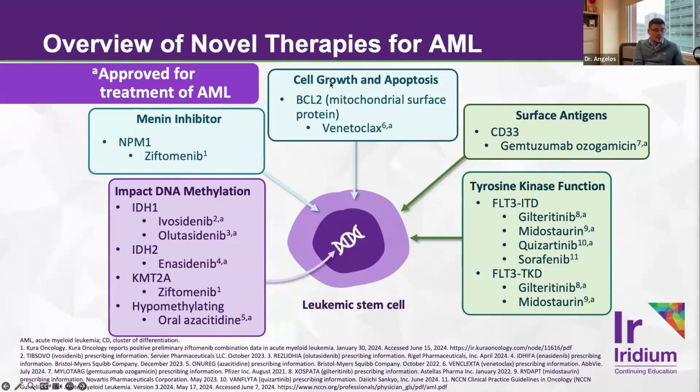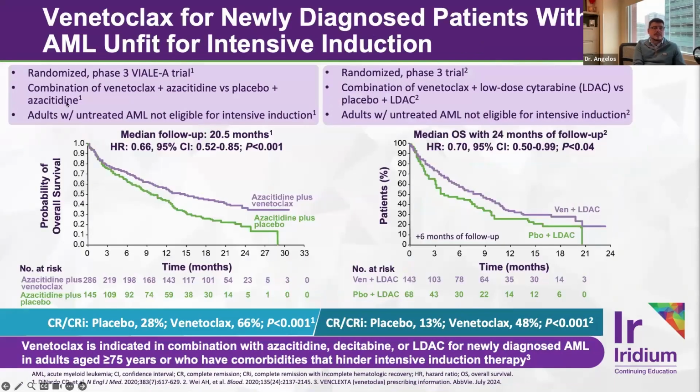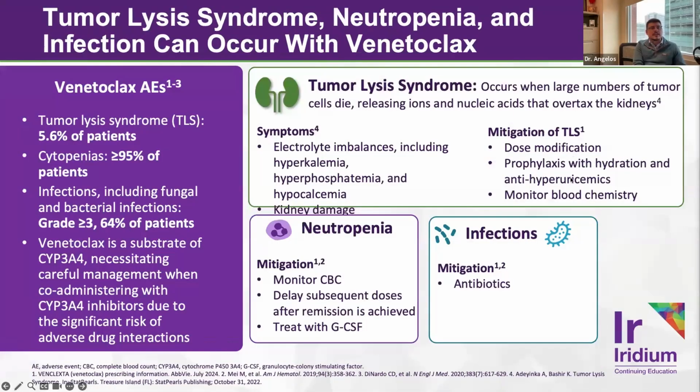And then really, the original targeted therapy that's now been approved for several years is venetoclax. So in my opinion, all patients should at least be challenged, if they're able to receive chemotherapy, with lower intensity hypomethylating agents with venetoclax combinations. From the registrational VIALE study, there was a benefit in overall survival in adding venetoclax, both on the backbone of azacitidine and also on the backbone of low-dose cytarabine.